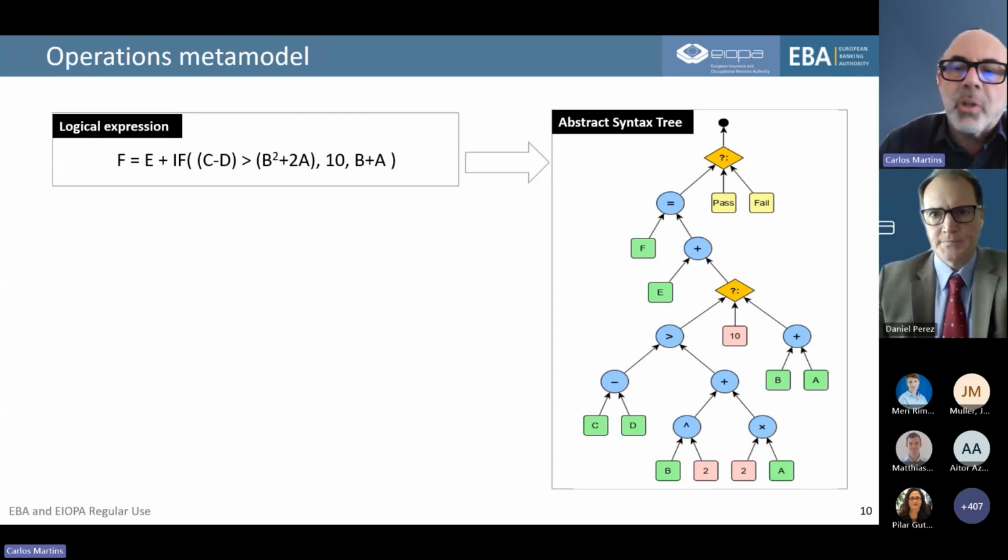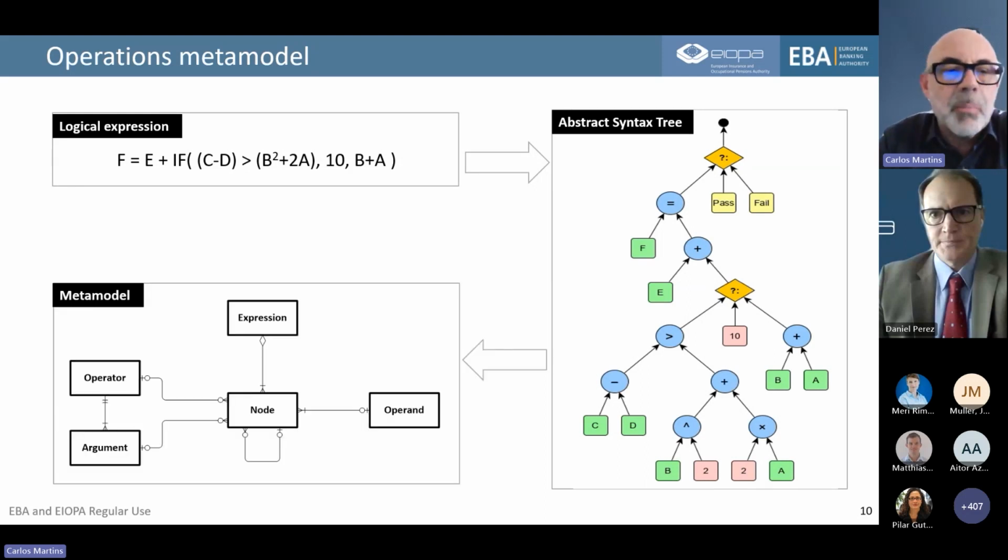Now, how do we store this information? The metamodel in the DPM is quite simple for this. This is only the code, but it's quite simple. Basically, an expression is a collection of nodes, and these nodes have a hierarchical dependency. Then some nodes link to operands, which are the inputs for the expression. And each node which is not at the leaf level also has an operator with some arguments. So that's how it's represented.